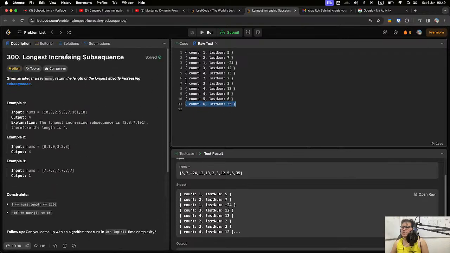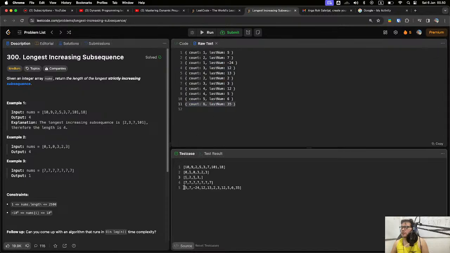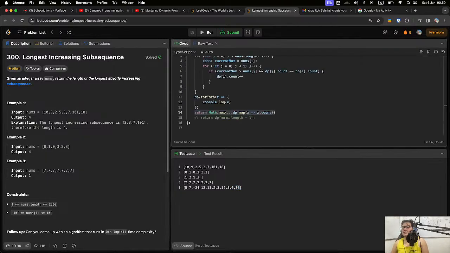I don't want to go through the algorithm again, but I just want to point out that this subsequence, minus 24, 2, 3, 5, 6, 35, has 6 elements. So that's it.